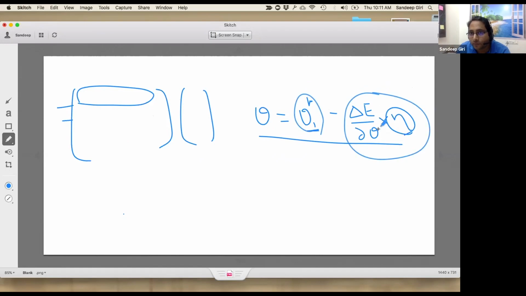This is not computed. This is fixed all across, right? So we started somewhere